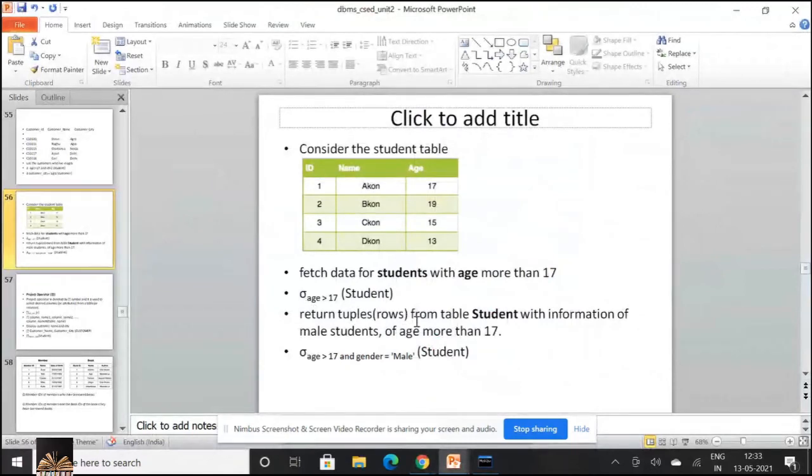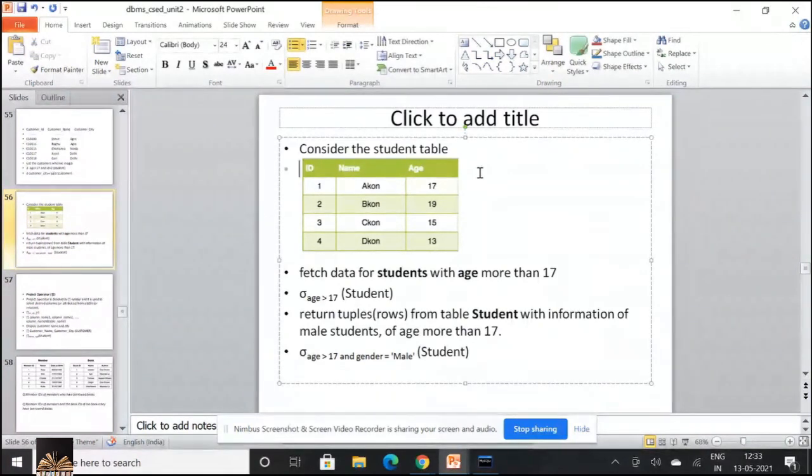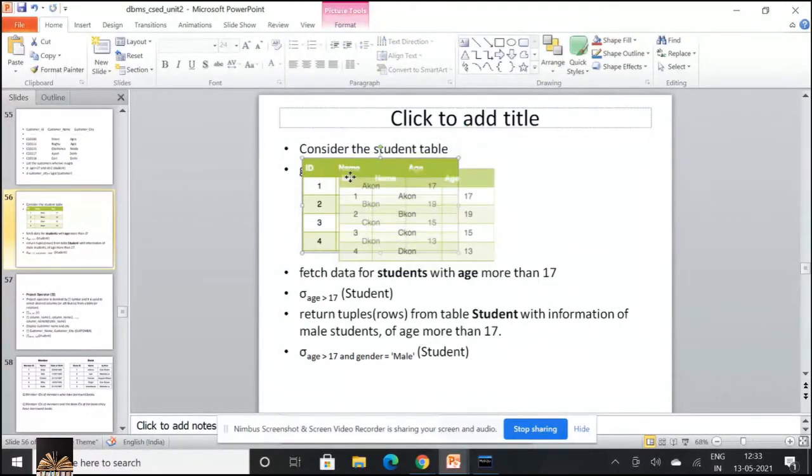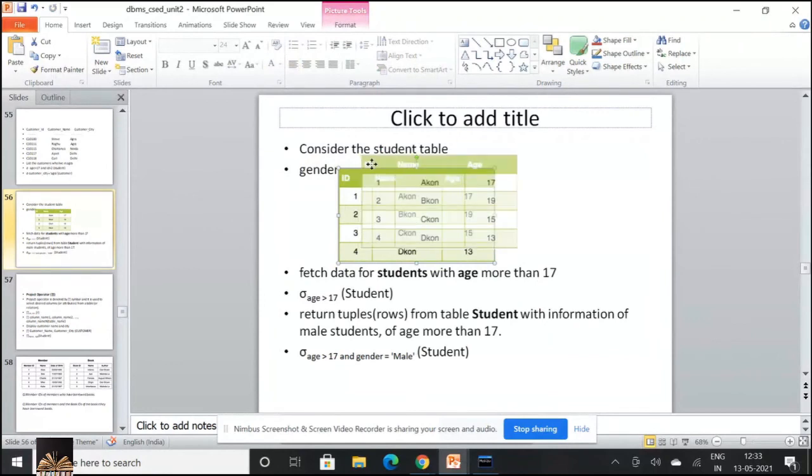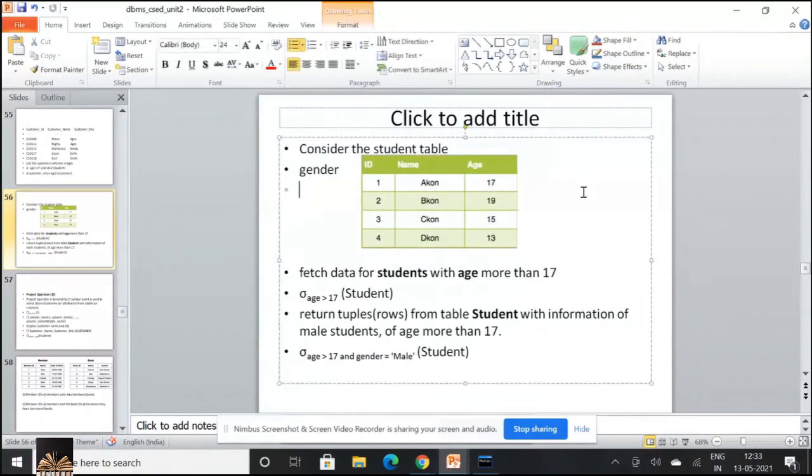Now, return tuples from table student with information of male students of age more than 17. What I want is to display age greater than 17 and gender male. So I am trying to add one more column, gender, where I'll have male and female students. I'm interested in displaying the details of students who are male and who are greater than 17.